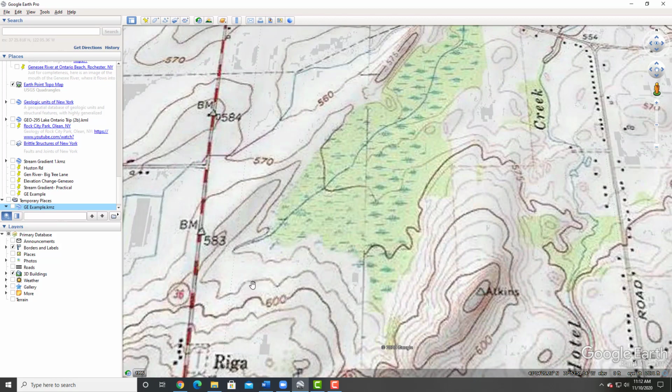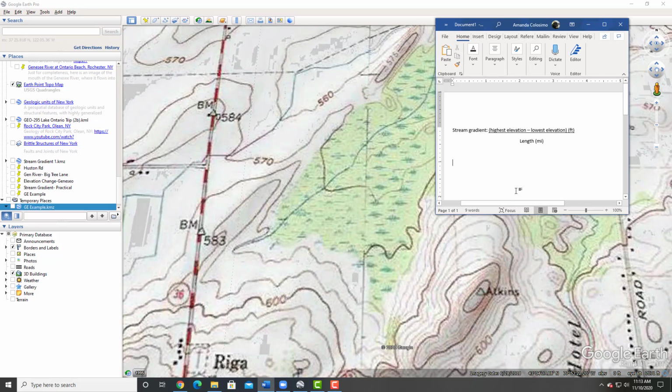elevation change between contour lines is 10 feet, you can figure out roughly, it looks like this stream starts almost exactly on this contour line. So this is 600 feet, and swamps are in the lower lying areas, and we can see here's 550. We know that the numbers have to be going down between 600 and 550. So they go down to, or maybe that's 560. That's 560. So we go from 600 to 590 to 580. So if I go back to my Word document, my stream gradient equals 580 feet, and then I have to